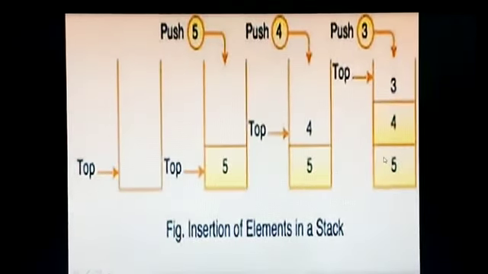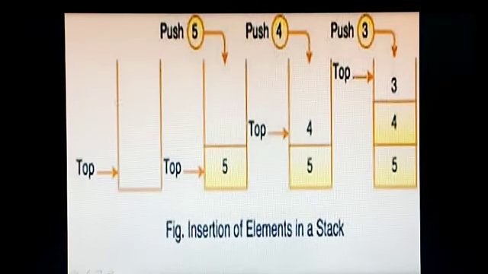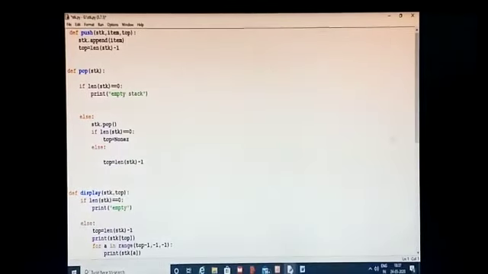Now we'll see a picture of the stack. This first one is the picture of the stack. The first element, 5, has been implemented over there. Next, 4 is implemented, and it will be on the top. Then 3 is implemented, and 3 will be on top. Now if I delete, I will delete the 3. If I display, 3 is displayed first. It means when the display happens, it will be 3, 4, 5, not 5, 4, 3. So we have understood that in a stack we keep one after another, and the one kept last will come out first. Now we'll see the code.